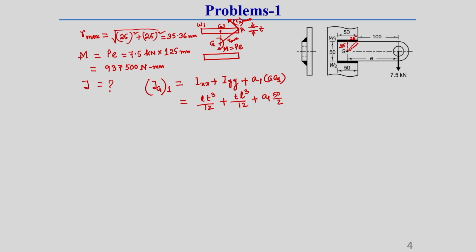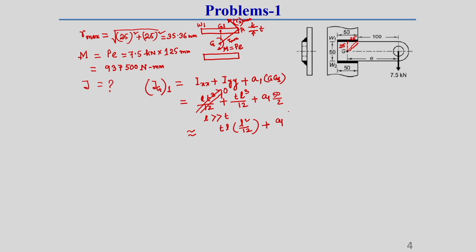Now, compared to L, here L is much greater than this T. That is why the first term, as I told you in the last lecture, we neglected and considered equal to 0. So, we can get that Jg1 equals T into L cube by 12